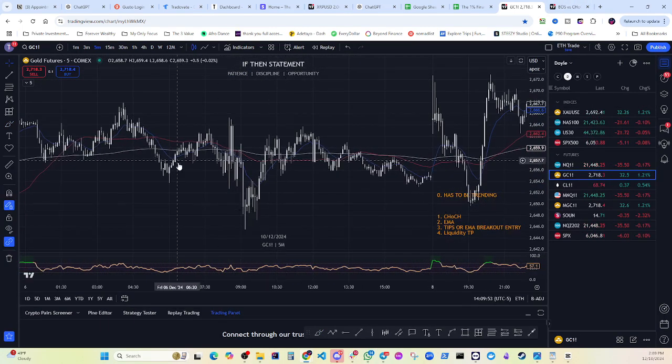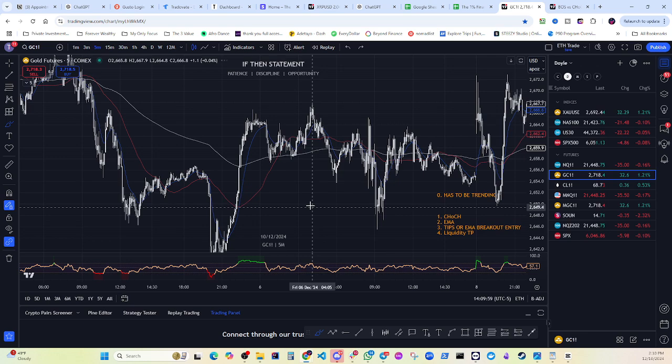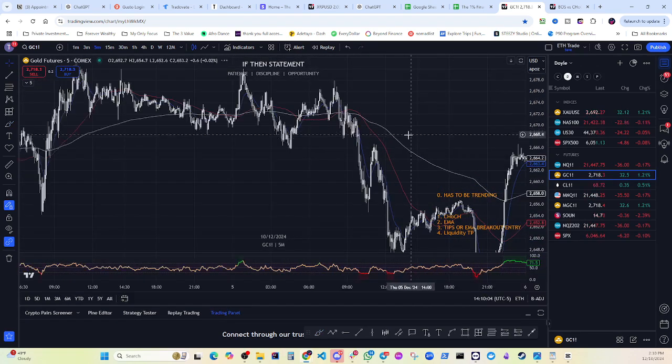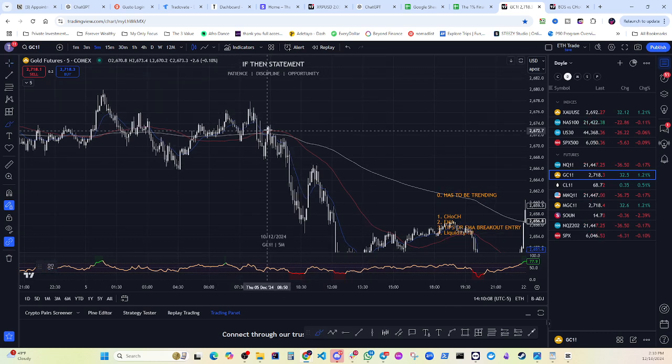And so here's a side note. If the 200 EMA is flat, do not enter. That means that price is consolidating. As you see, price is not going anywhere. It's like consolidating. But as I was saying, if you're looking for sells, you want price, the 13 EMA,